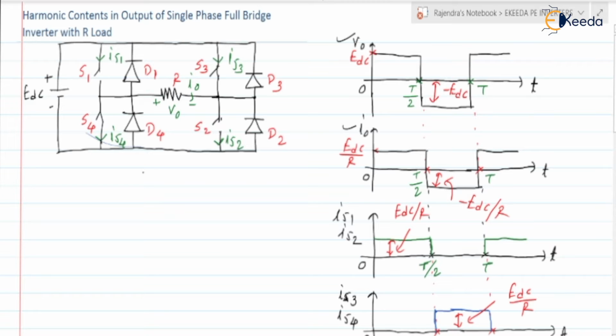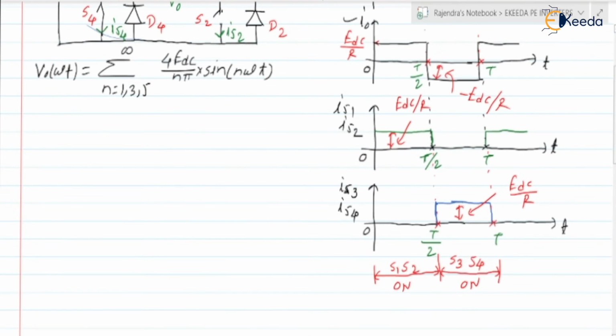So we had v0 of omega t is equal to summation over n is equal to 1, 3, 5 up to infinity of 4 EDC divided by n pi into sine of n omega t. So therefore from this can we write it as v0 of omega t